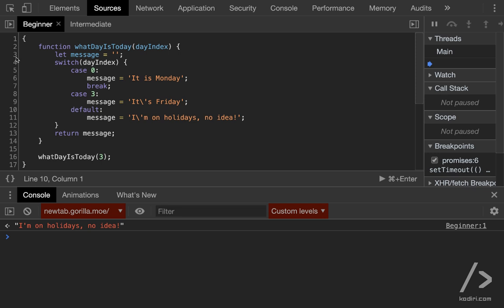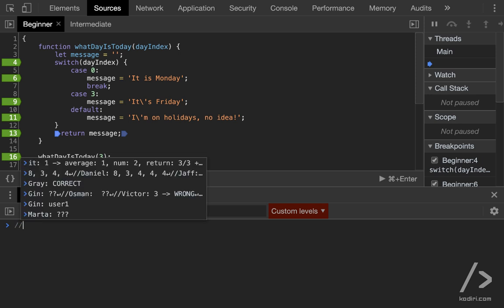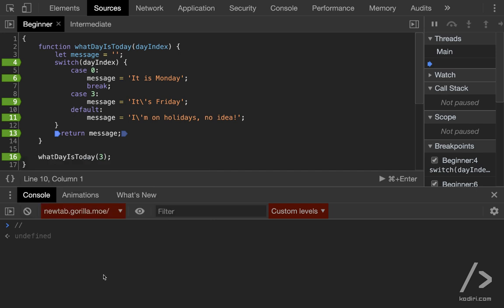Let's add some breakpoints. Look at the breakpoints: line number 4, line number 6, line number 9, line number 11, line number 13, and line number 16. You tell me. Execution order, please. Who said 4? So Dave said 4. 16, 4, 6,